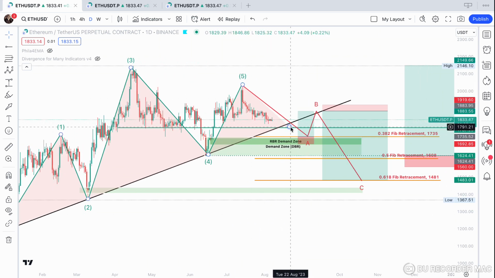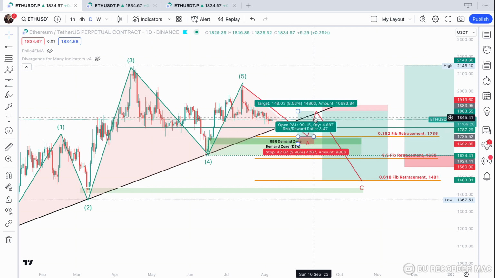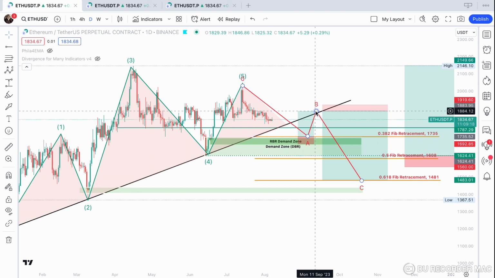In this scenario, Ethereum loses the trend line and loses the horizontal support, but finds support at the 1730 or 1740 level because we have a nested demand zone, meaning a demand zone inside a demand zone, and I'm assuming that the downtrend will stop at this point, and Ethereum will make an attempt to reclaim the trend line in